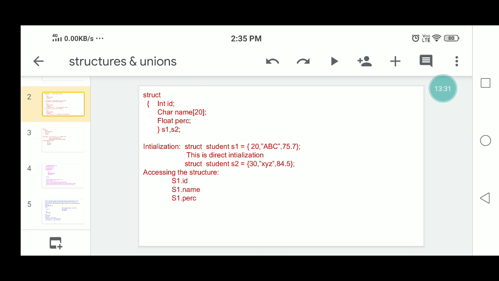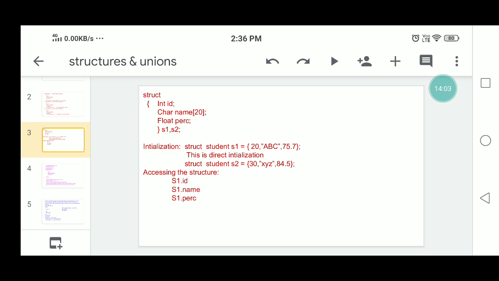Then in this example, we can write the structure anywhere in the program. We can define the structure inside the main function or outside of the main function, and simply initialize the structure variables. Initialization is normally taking data values and initializing them into the structure variable, in this example S1, S2.